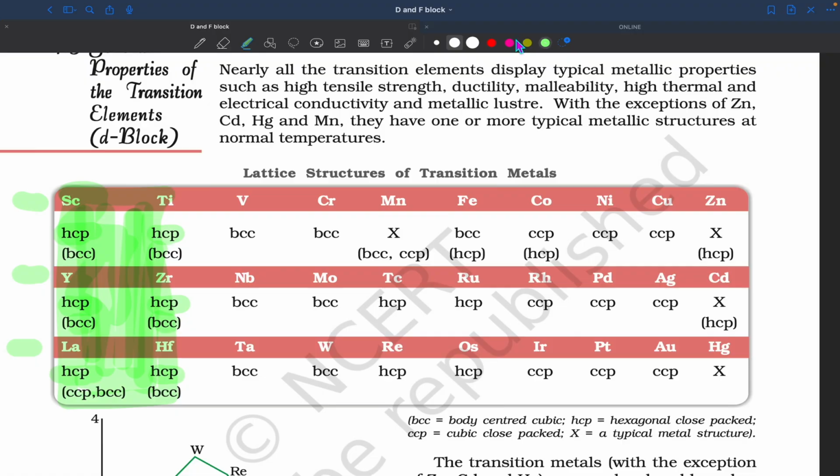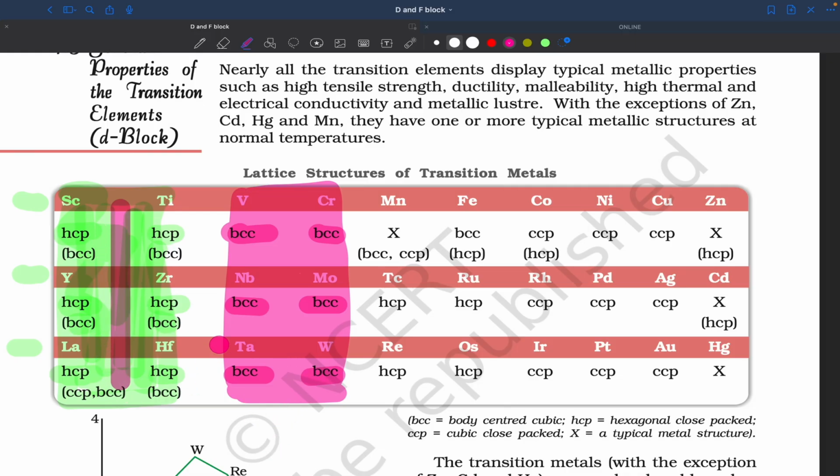When we go to the next step, so vanadium to chromium, this portion you can see here, this is again BCC, isn't it? So this is BCC, అన్ని BCC ఉన్నాయి చూడండి, ఇలా టూ గ్రూప్స్గా చేసేసుకుంటే సరిపోతుంది. ఒకటి రెండు ఎక్సెప్షన్స్ ఉంటాయి, వాటిని గుర్తుపెట్టుకోవచ్చు ఈజీగా. సో వెనాడియం BCC, క్రోమియం BCC, నియోబియం BCC, మాలిబ్డినం BCC, టాంటాలం BCC, టంగ్స్టన్ ఈజ్ ఆల్సో BCC. మీ దగ్గర కలర్ పెన్సిల్ ఉంటే ఈ విధంగా బ్లాక్ చేసుకుంటే యూ విల్ బి ఈజీ టు రిమెంబర్. Then the